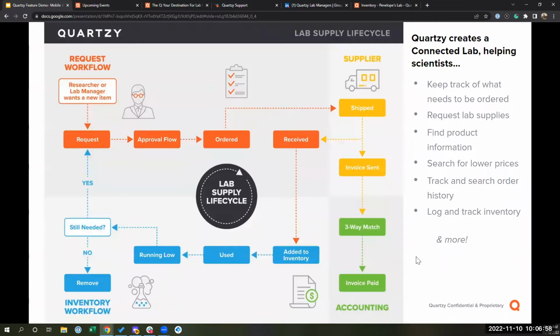So before we jump into our demo, I just wanted to go over our vision for Quartzy. Our goal with the platform is to create a connected lab. So we want all of your workflows to seamlessly feed into each other throughout the lab supply lifecycle. Through requests, your shipments being received, added to your inventory, and going into the re-request cycle, we want to make this as seamless as possible for you and make it really easy for you to track your supplies